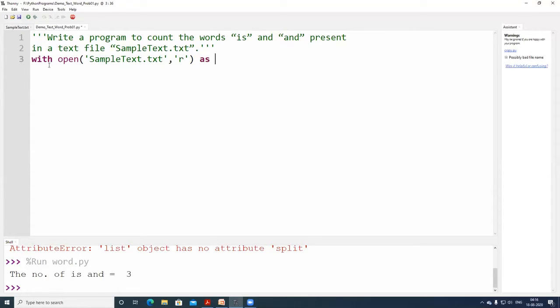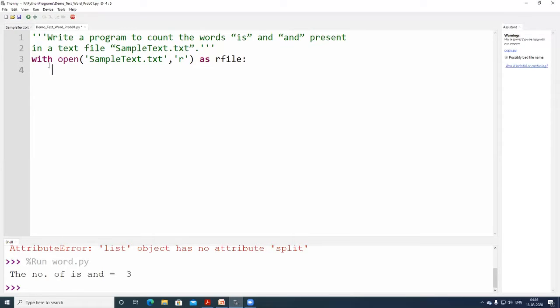As I am using a normal file handler, which I have used in the previous video also, whenever I read a text file, I use the file handler name as R file. R means I just meant for reading the file, giving the colon there. Once this is done, I have to read the entire content.